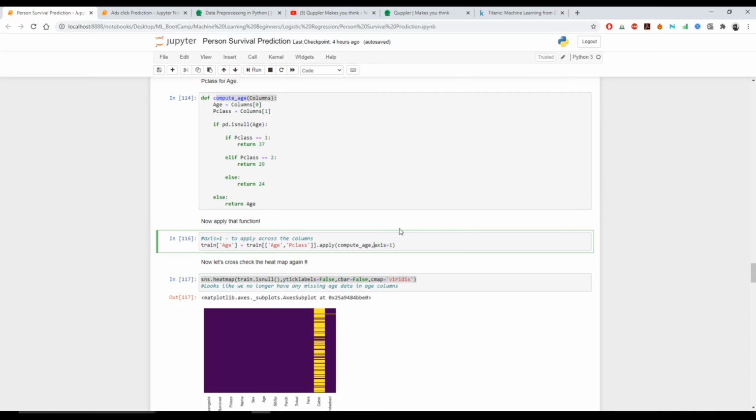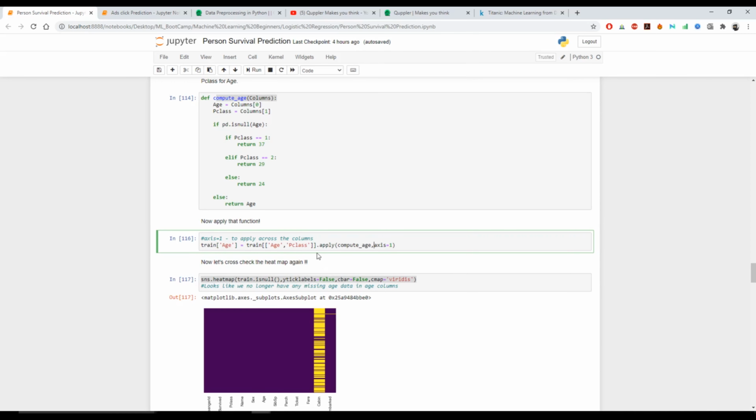Now we're going to see whether we can do this for the cabin or not. First we're going to drop this particular cabin column. When this cabin column has been dropped, and after generating the heat map, for this entire thing we saw that we don't have the cabin column, we were only left with the embark thing. So we had dropped this cabin column from our data set.